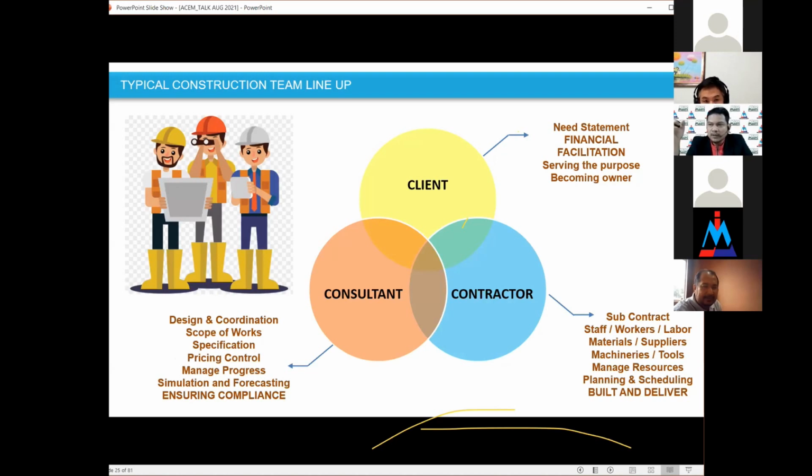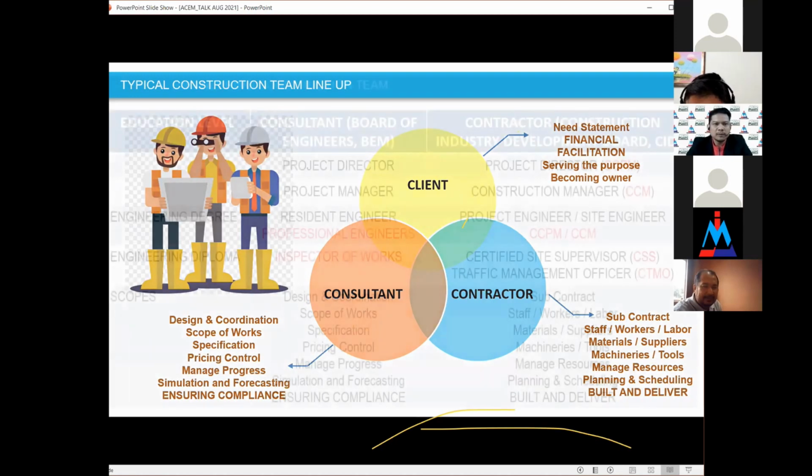That is the expected function of contractors, where if they can manage this properly, the project will go smoothly. And then they need to build and, of course, deliver the project. So basically, this is a very typical construction team lineup, and how they are significant participants in our construction.